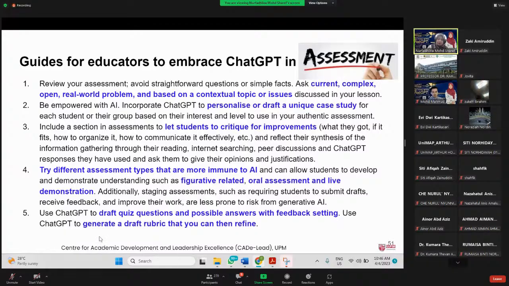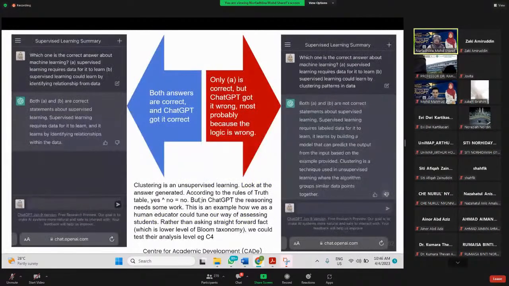And we can use ChatGPT to draft quiz questions and possible answers. And you can ask it to generate a grading rubric that you can then refine. But I would suggest if you take action number 5, make sure that this process is in a setting where students don't use technology. In this slide, I wish to show how ChatGPT can actually give a wrong answer because